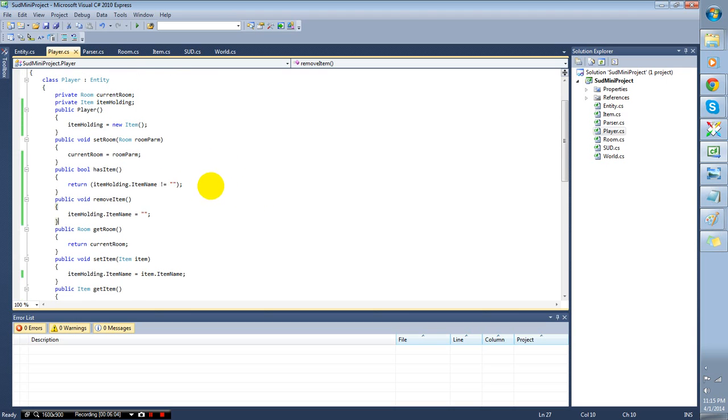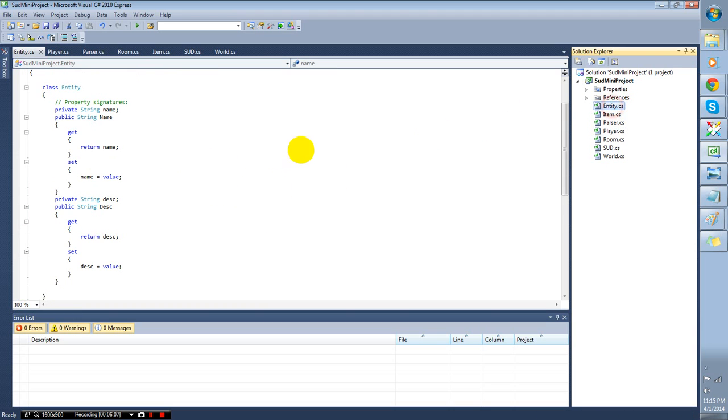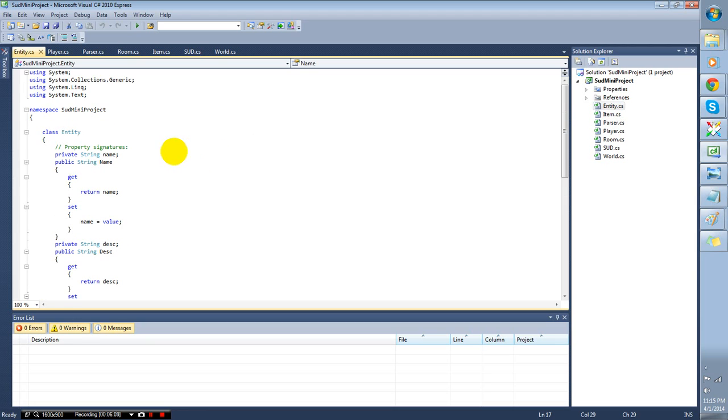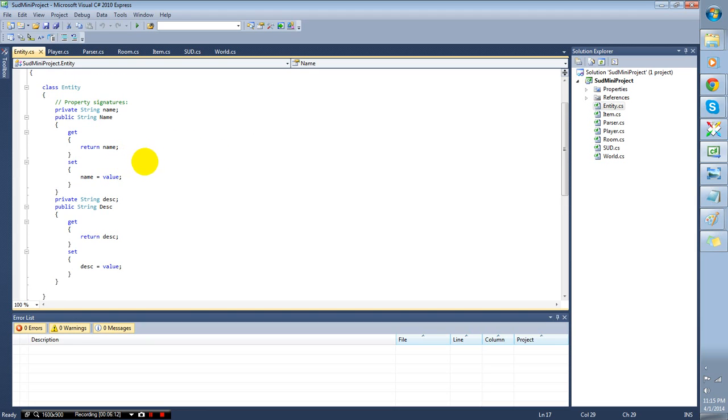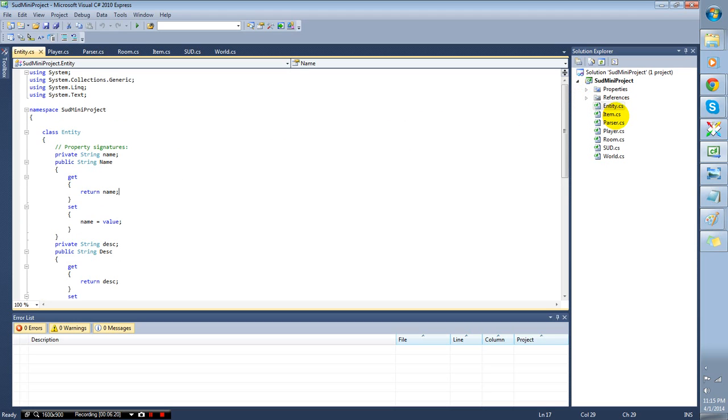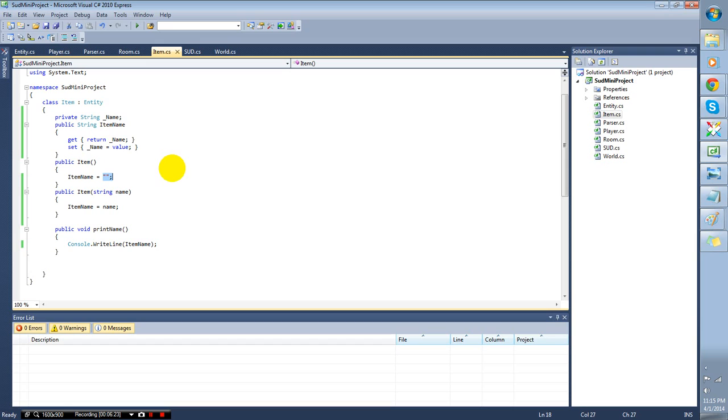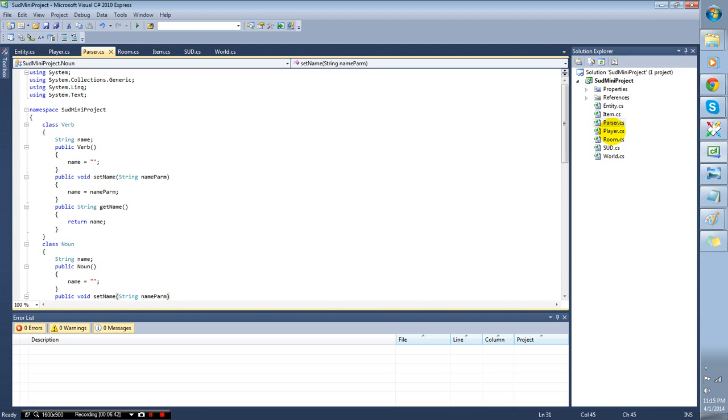One thing that I don't particularly like that I did with mine is you'll notice that entity, all of these are being derived from entity. We're covering inheritance this week. So I'll let you guys spot the inherent problem, no pun intended, of the way that I did it. The way I did it ends up being a bit ugly and kind of breaking inheritance. I'm going to leave that as an exercise for you to figure out in one of your assignments, to tell me what you think is bad about one of the ways in which I implemented this in terms of the inheritance structure. So take a look specifically at the fact that entity is derived by item as well as